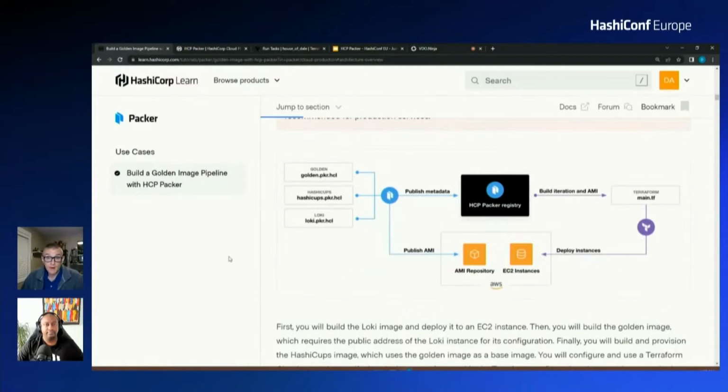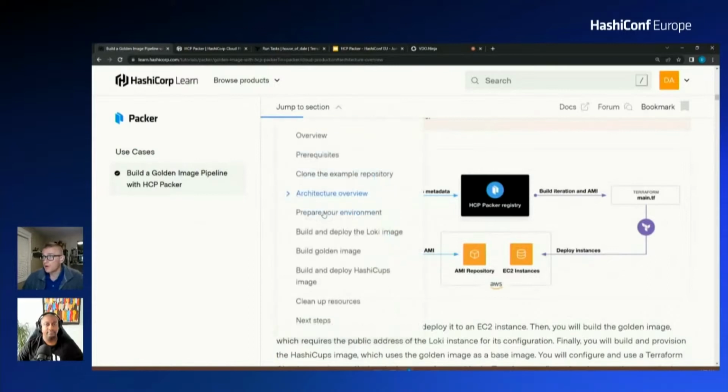During that build, Packer publishes an AMI to AWS and metadata about it to the HCP Packer registry. I then see that the information is passed to the main.tf configuration file and read by Terraform to deploy the EC2 instances in AWS. The Packer templates and the Terraform configuration all reference attributes from the Packer registry that correspond to those specific builds. So that's where we want to get to,